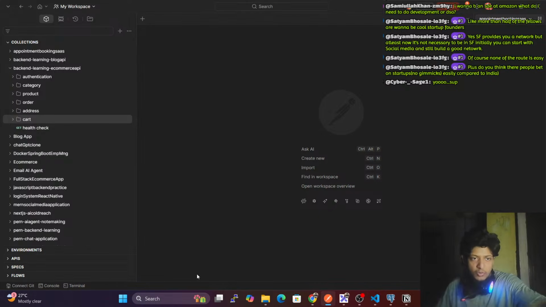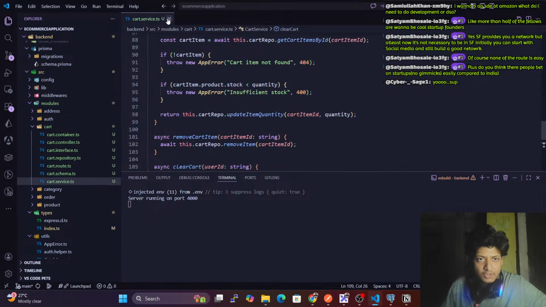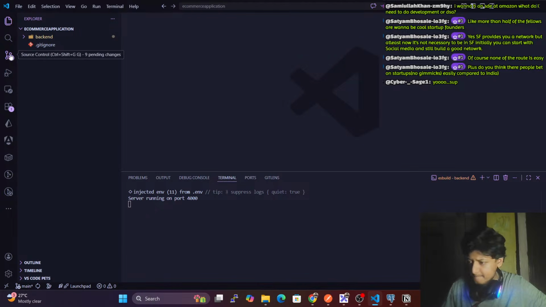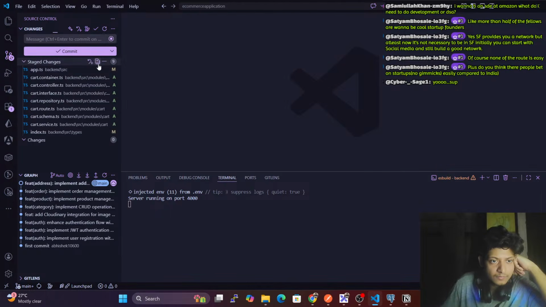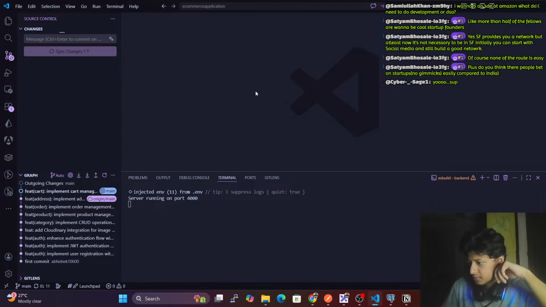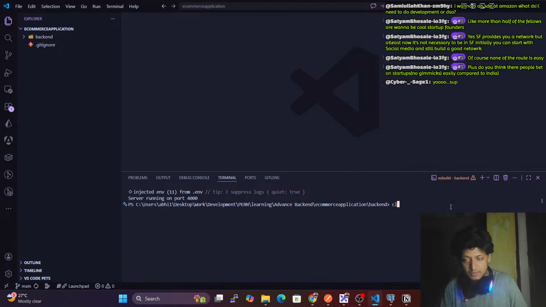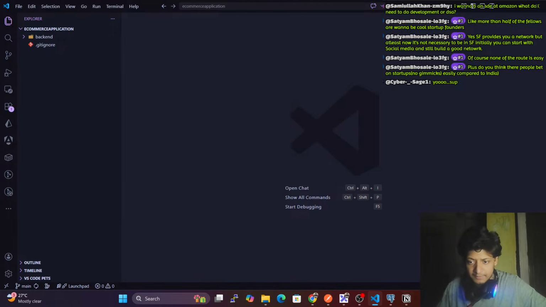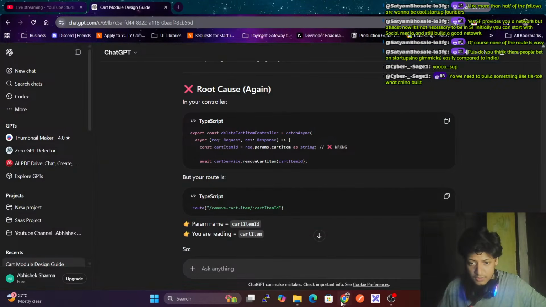Today we worked on the cart module and we also completed phase 2. I think we completed phase 2. Just a sec. So phase 2 is done. Commit and then push the code. Okay, we got this. Close this. And here if I go to GitHub,